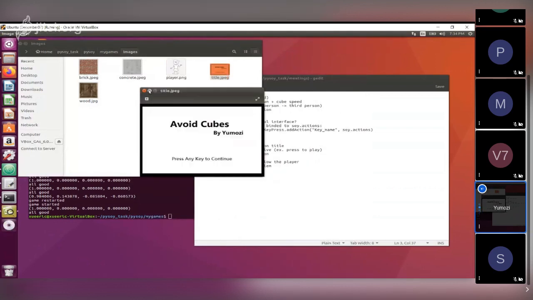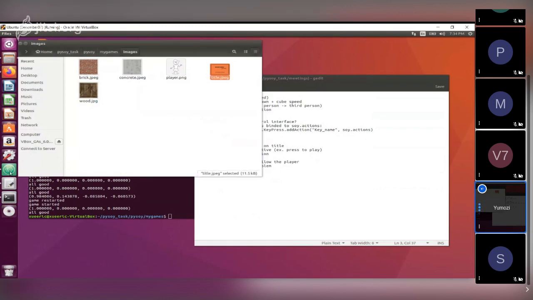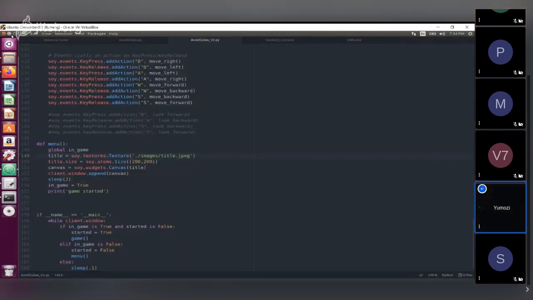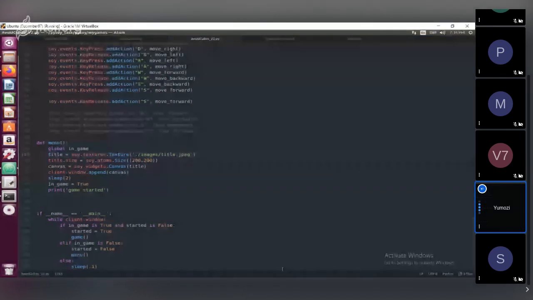That's the title image, but somehow it's glitching, so it's showing that weird black and white thing. So it's a thing that I have to fix afterwards. And then basically the